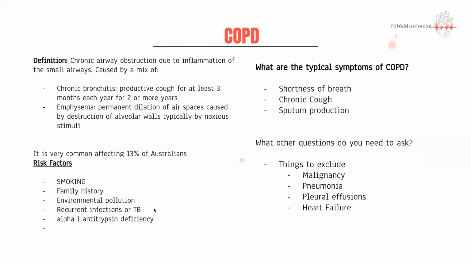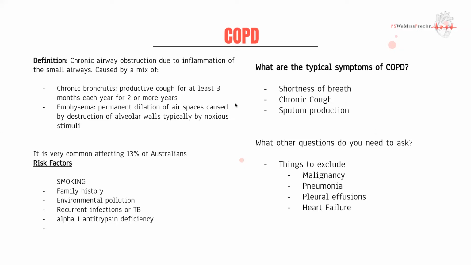So what are the typical symptoms of COPD? Being an obstructive picture, some of them are going to be quite similar to asthma. But the key differences between asthma and COPD are that asthma is reversible, while COPD isn't. COPD is going to have a more chronic picture presenting in older patients. You're also going to have a chronic cough and sputum that's often not going to be seen as commonly in asthma. So you're going to have shortness of breath, a chronic cough, and sputum.